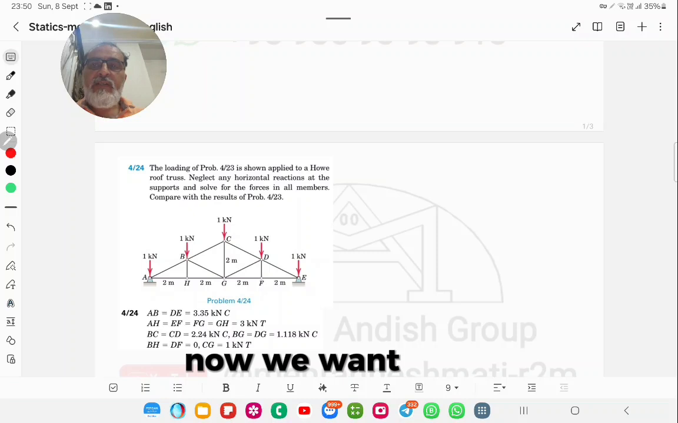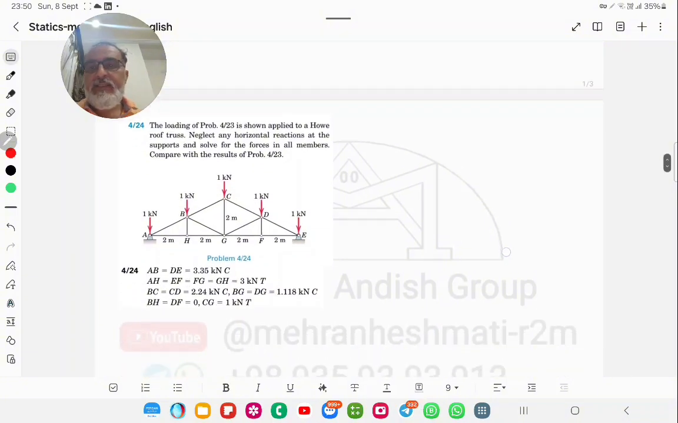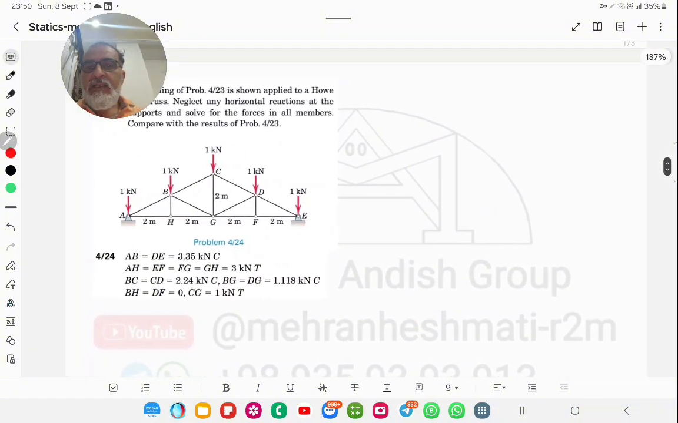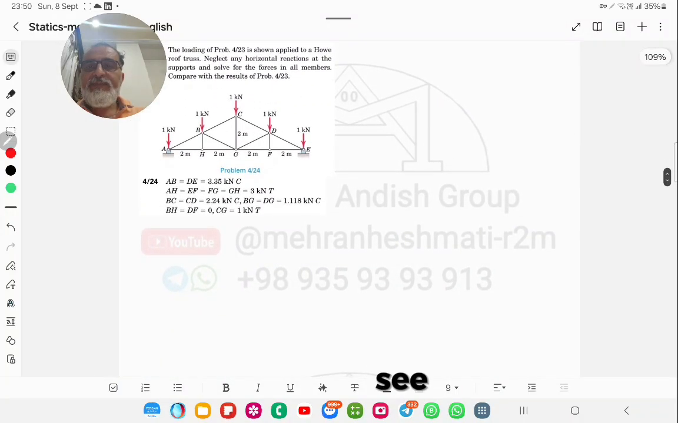Now we want to solve this problem with the method of analyzing joints. As you see,